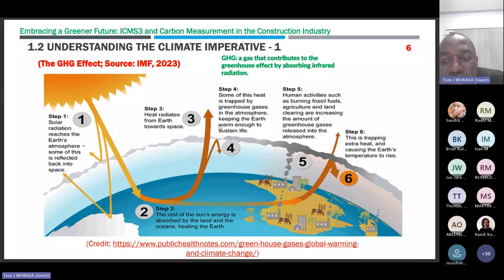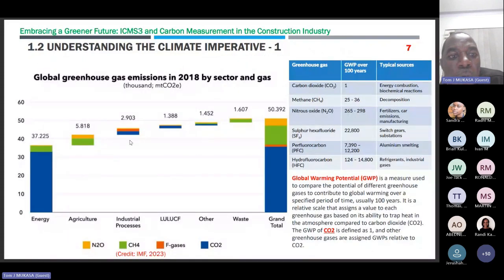Once we get a lot of trapped heat in the air, the Earth's surface is overheating, and it is causing a lot of problems, as you can see. But I'm not going to go into the science of how that is happening, but that is how it comes about. So it's about global warming, and therefore we have these four mainly global greenhouse gases, mainly carbon dioxide, which